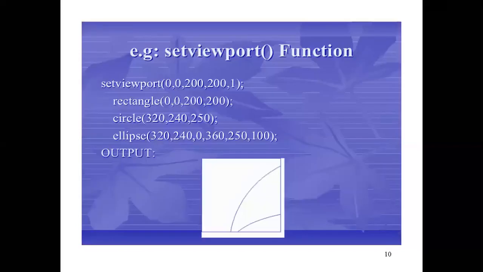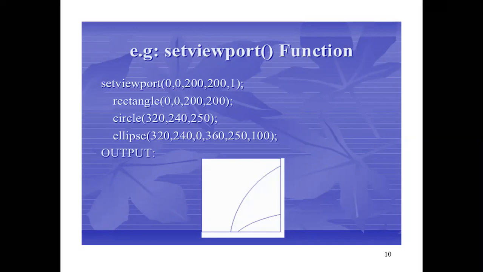Okay, now here it is given rectangle. Again these corners are given 0, 0, 200, 200. These are the corners for the rectangle, and again you can see the measurement for the circle is given, and again the ellipse is given. Now you can see the output. Suppose you are using this, then what type of output you will get after running the program, you can see in the display.